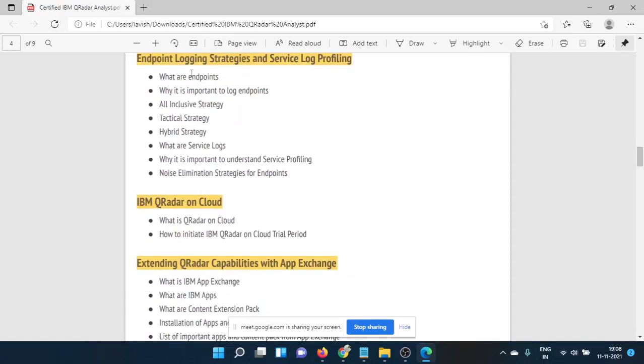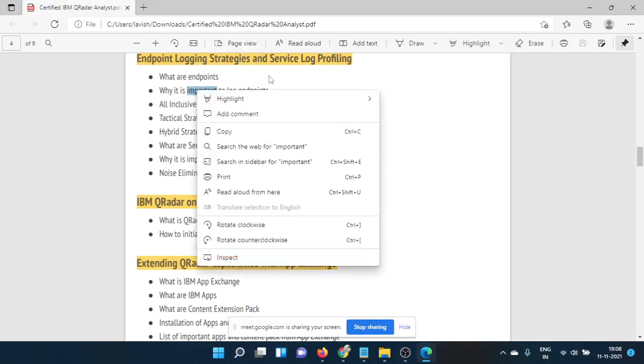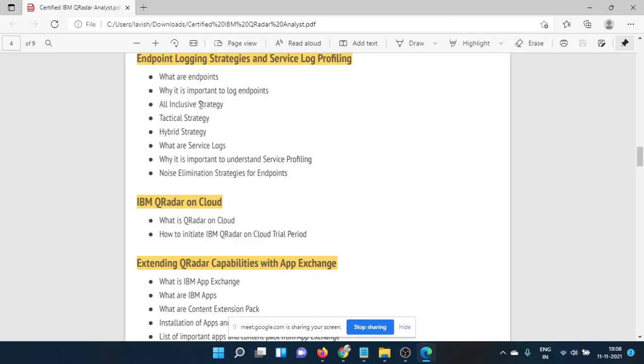So we have covered in the early stages of our classes, and we have also seen what are the endpoints. So what servers, data servers, and all. The importance of log endpoints. What is the importance of log endpoints? How to include the strategy. So these come under log management installation. Tactical strategy, hybrid strategy, how you are integrating your logs. What are the logs that you can integrate? Security logs, data service log, database log, DNS log, AD log, DHCP log, something like that. So service log, what is meant by service log? Internal logs are called service logs.